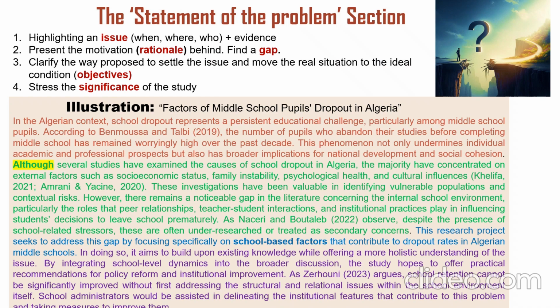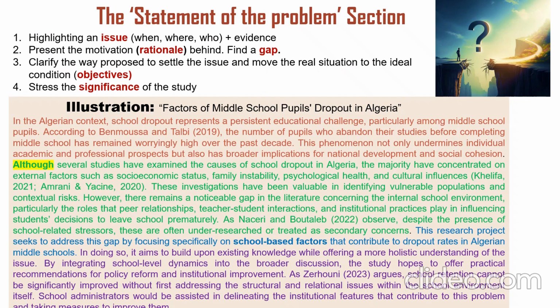So technically, as a writer, you should know how to use these words, these connectors or connecting words expressing the relationship of concession. They help you show your gap. Now we continue reading. Although several studies have examined the causes of school dropout in Algeria, the majority have concentrated